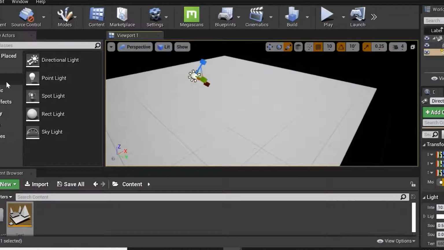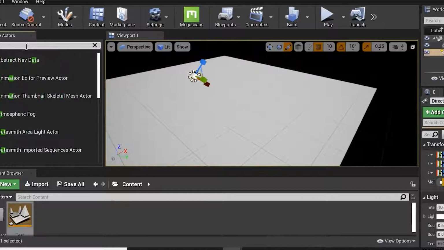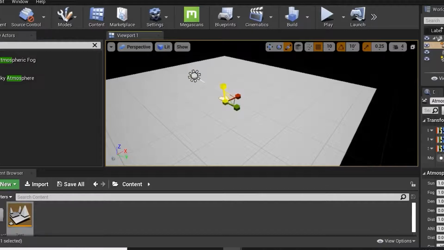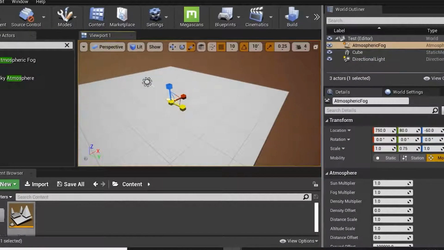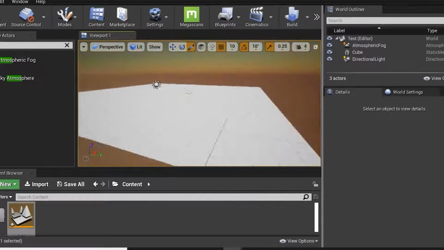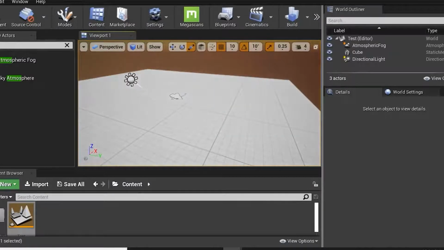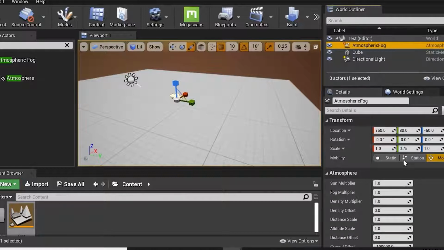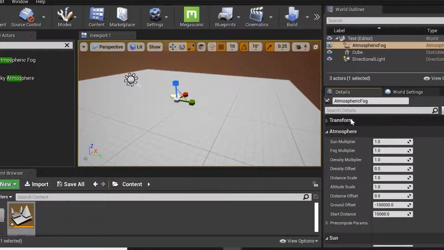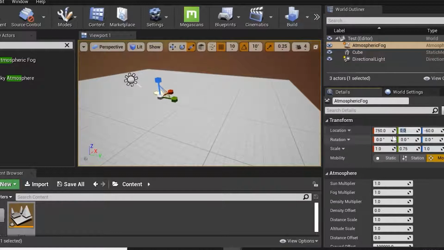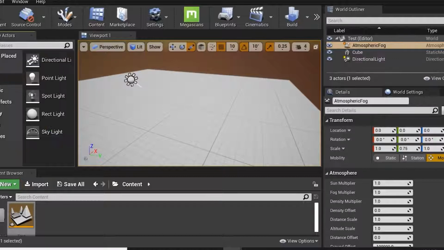Correct? Great. Now I'm making my own level, right? So I've added first one cube over here. That will be my ground. This time I will add the atmosphere fog in my scene. Just drag and drop. If I rotate this view, here you'll see the fog is added in my scene. I'll just select my atmosphere fog and pull it to the 000 transform. That is always the best way, to keep the default property at 000.